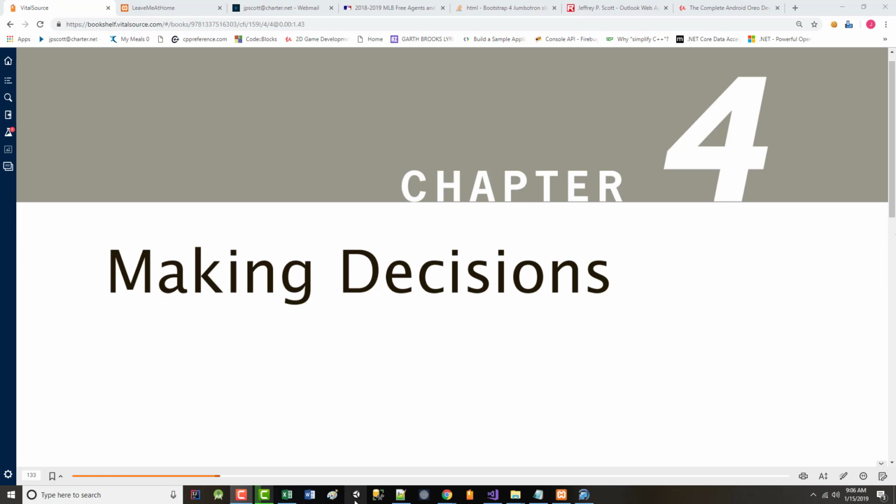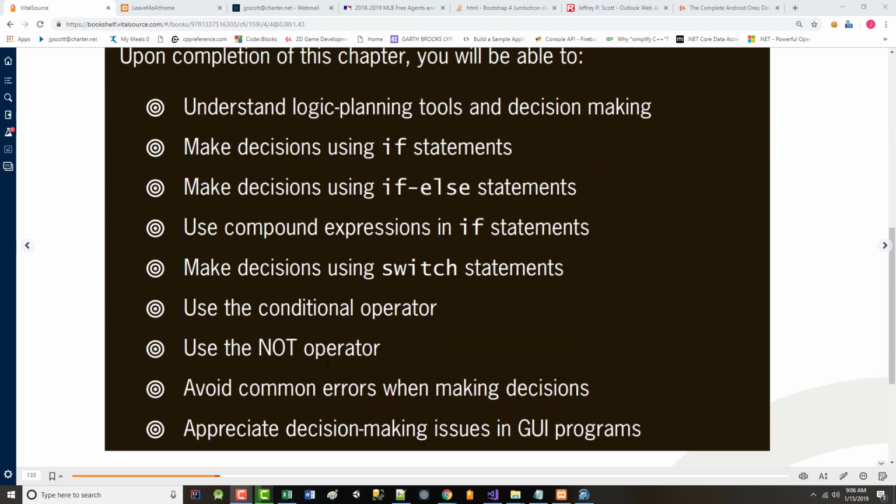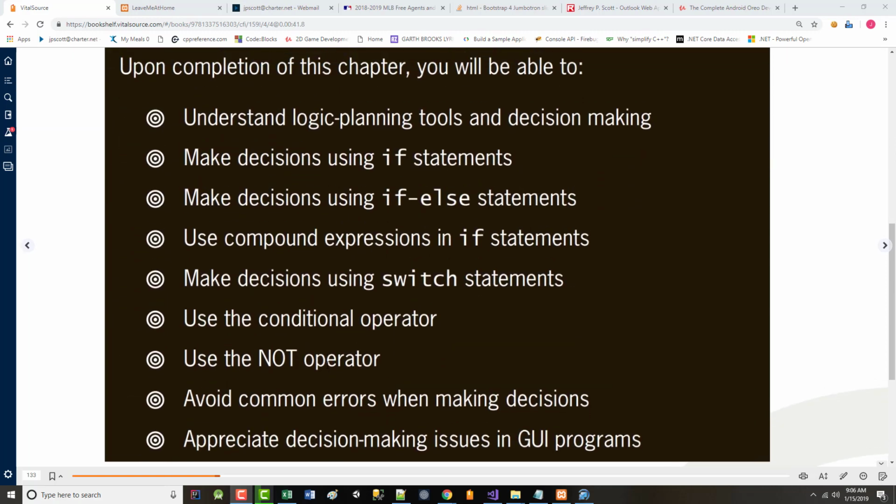All right, so let's see. Again, I'm on page 133, and in this chapter it says understand logic, planning tools, and decision making. Again, it goes back to what I mentioned to you before about taking a problem and breaking it down into sub-problems and solving those. Making decisions using the if, just an if, and I showed you that with our exit routine,